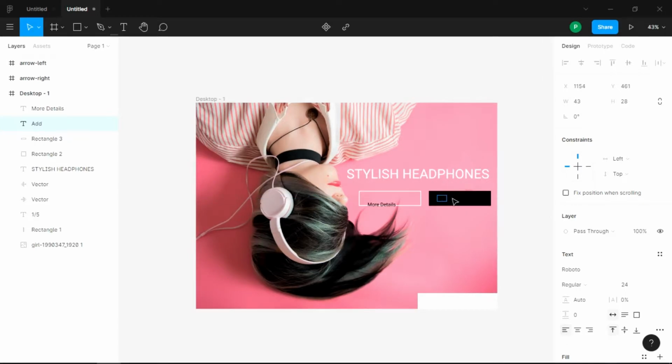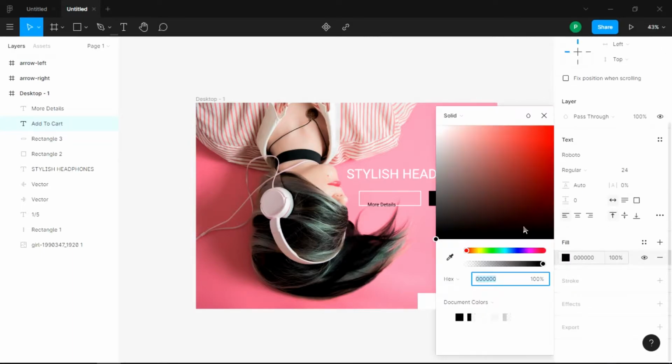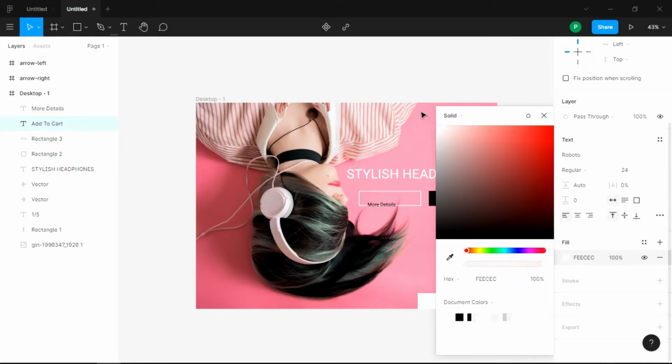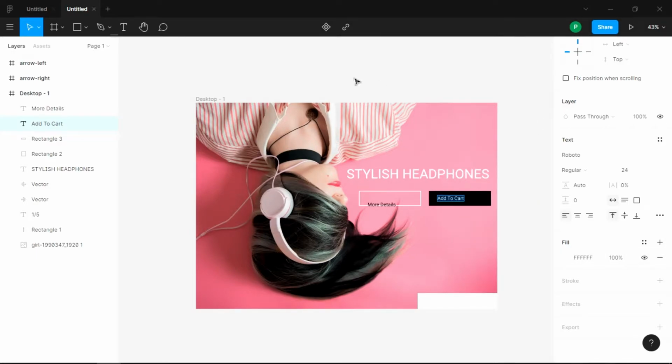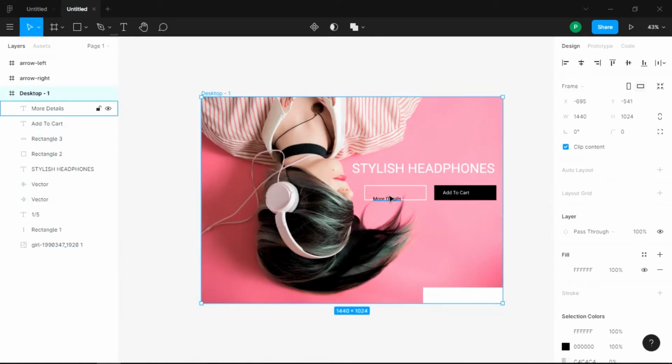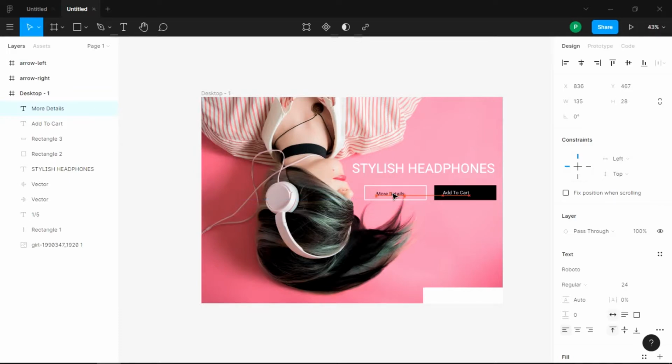Okay, let's change the fonts here first. Select the font and change the color to white. Cancel this. Okay, it hasn't changed now. Let's select all and let's change the color. Now it should be white. We got this add to cart here, and let's shift this more details in center of the first button.